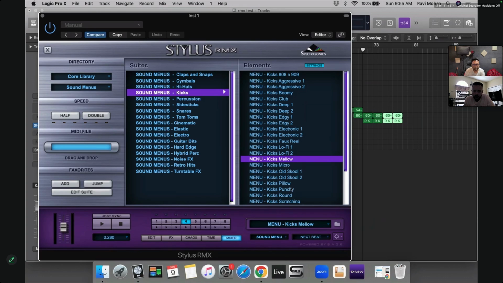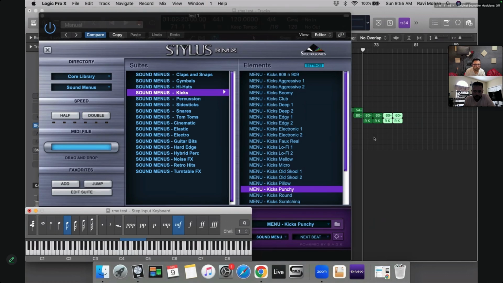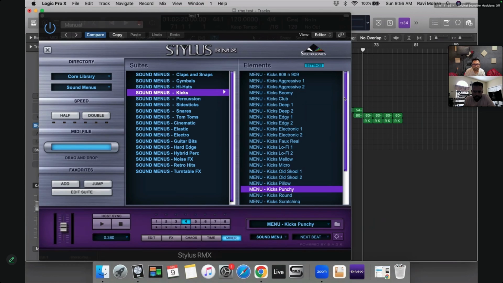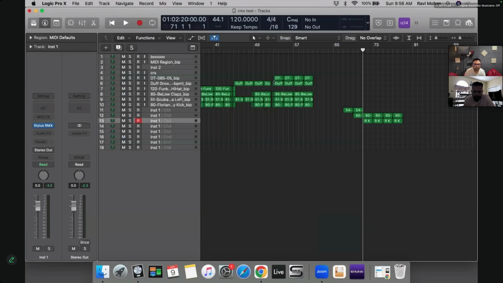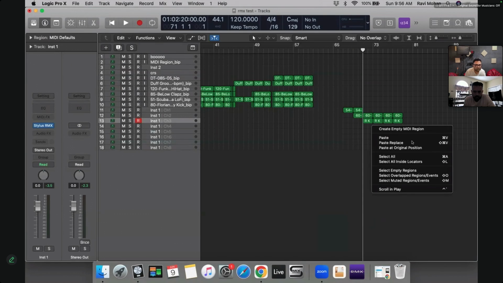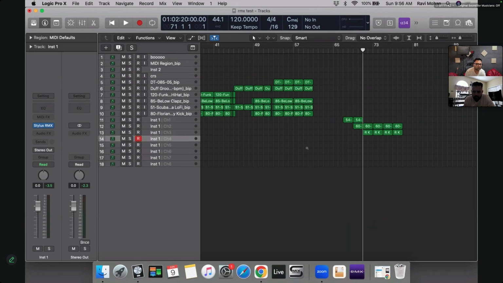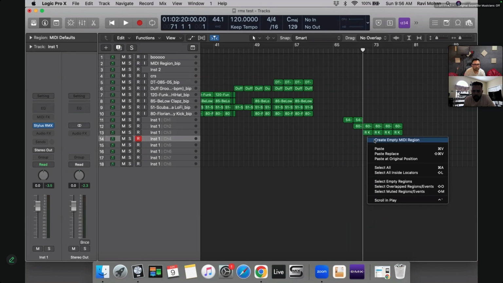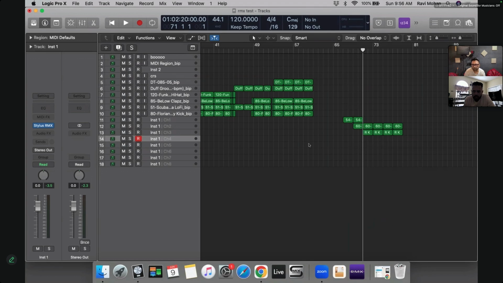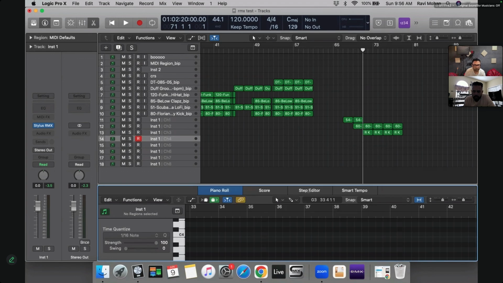Let's say for something like this, I wanna have one side, and now let me do this. Right click in here. I guess I can have a, it does support sequencer, right? Yeah. Use editor, step editor, score.